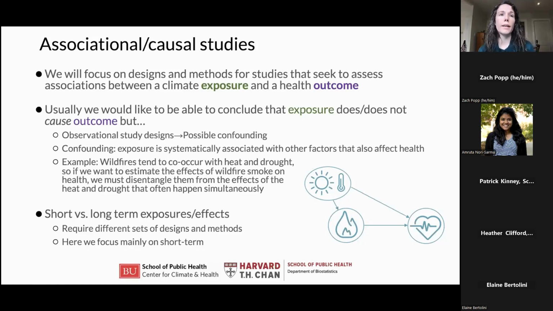So in these settings where we have confounding, which is typically in observational study designs, we have to take special care to try to disentangle the health effects of our exposure of interest from the effects of these other confounding